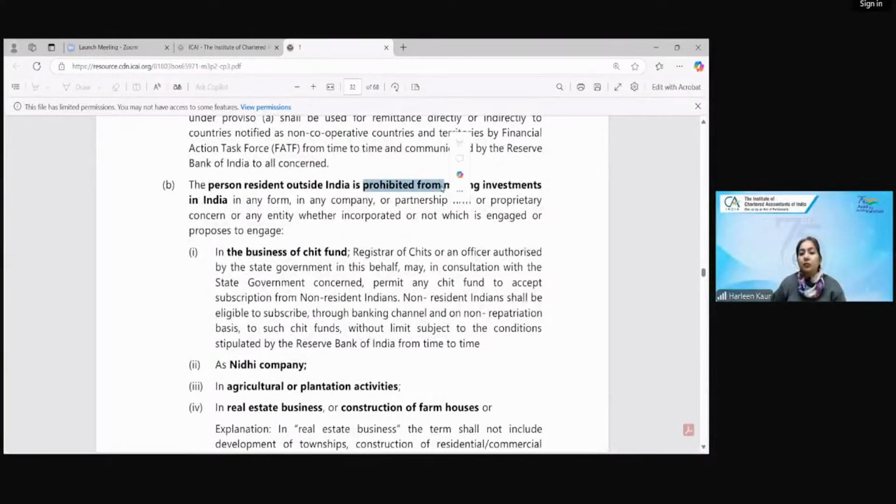After that, children, there are certain prohibitions on making investments, like in a chit fund, except where the state government approval has been given. If the state government is giving approval, then you can invest in the chit fund. For these specific investments by a person resident outside India, there is a restriction. Write it down on the side. He is prohibited from doing these investments in India, except for chit funds where the state government has given permission. Otherwise, an outsider cannot come and do the business of chit fund.